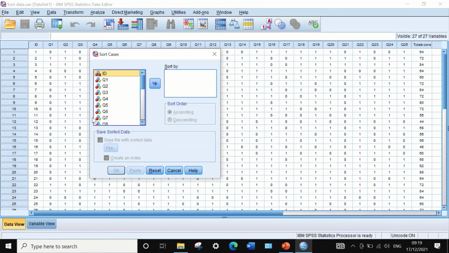We have here 30 students, and we are going to select the total score as a sorter that will sort all the data together based on the total score. So click on total score, drag it into sort by, and then I'm going to select descending, from high to low value. And if I click on OK,